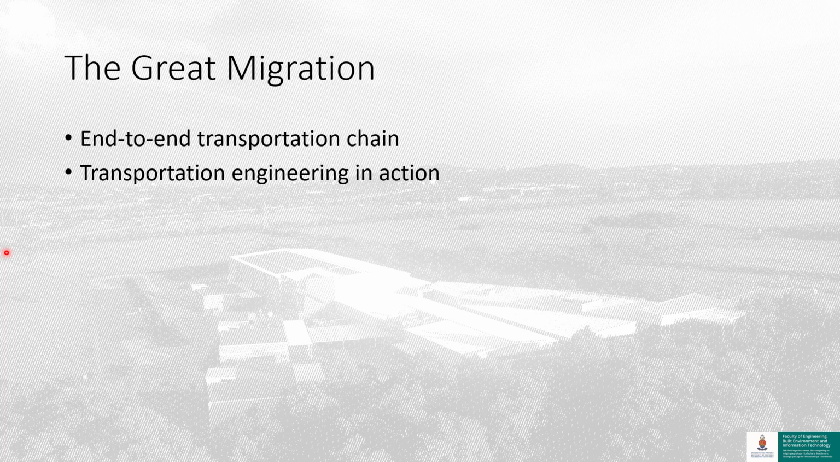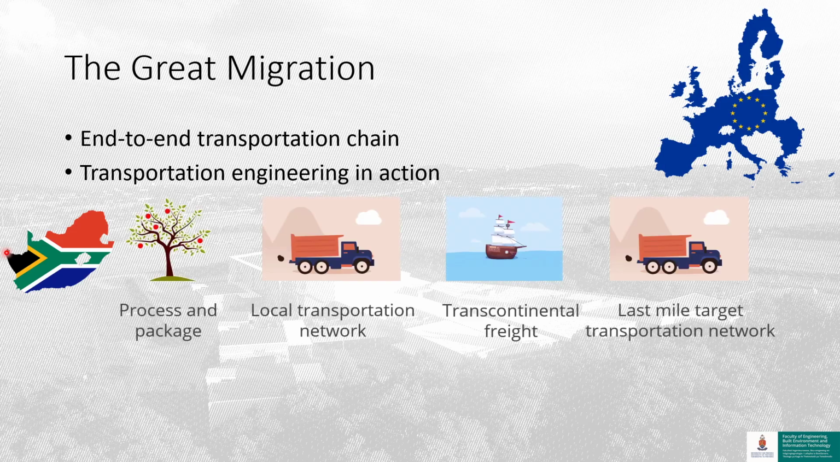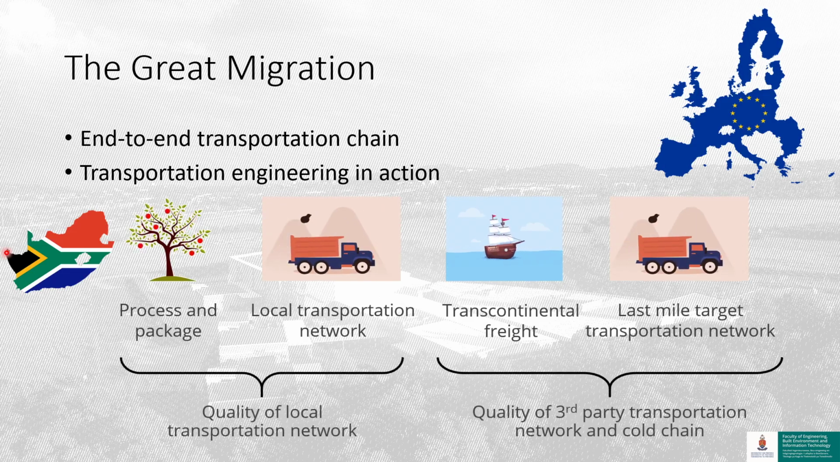So what is the question that we want to overall answer? You harvest agricultural products, avocados in this case, and you start a transportation process from the field all the way through to the market. And this goes through a process and packaging part, some local transportation networks, maybe some transcontinental transportation, and then in the end it has to get to the market and to the consumer. So in this bigger picture, it's important to look at the quality of your local as well as your larger